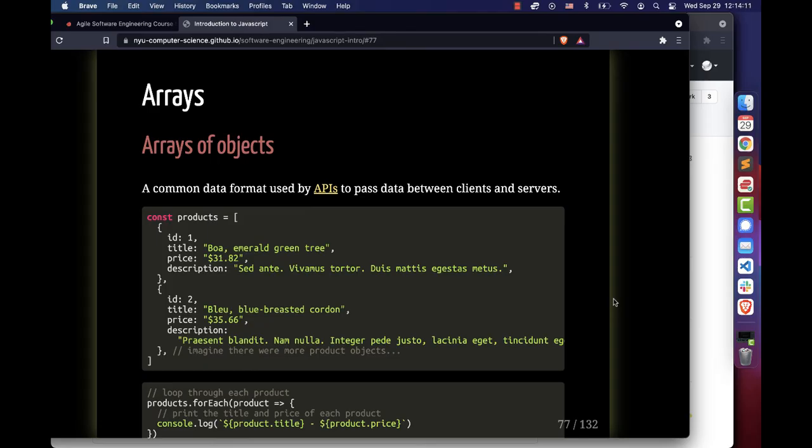In practice, one of the more common ways of dealing with arrays when it comes to building web applications is the storage of objects within an array. So here there's an example of an array bounded by the square brackets. The elements within the array are each JavaScript objects. So each object has certain properties, fields, ID, title, price, description, and that's shared by all of them. If you wanted to loop through an array like this, you could use the array forEach function. Every one of those objects would be automatically passed into this product variable. And we would then do something with the information in each product, in this case, just logging it to the command